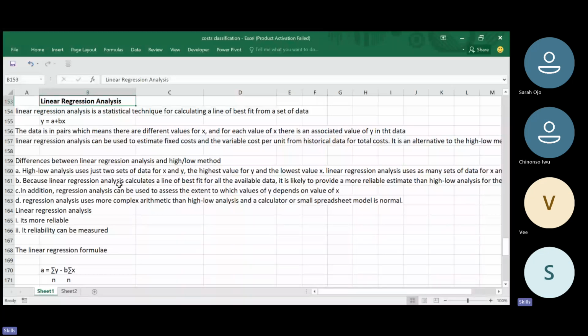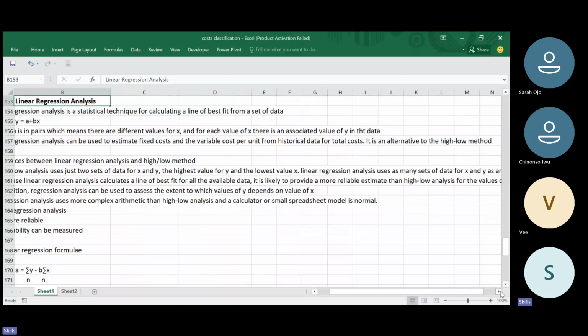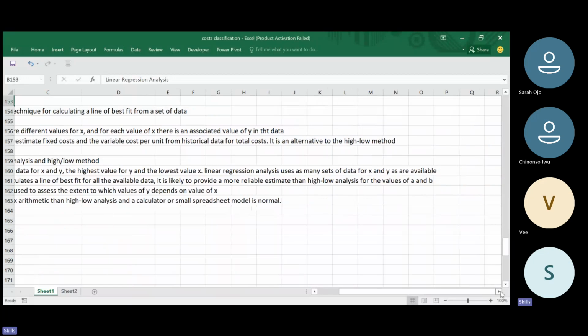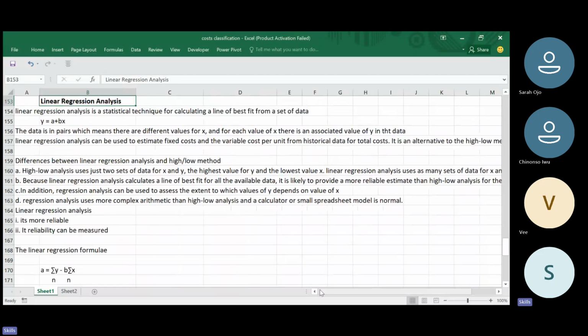Secondly, because linear regression analysis calculates a line of best fit for all the available data, it is likely to provide a more reliable estimate than high and low analysis for the values of a and b, the fixed and the variable cost. Still, in addition, regression analysis